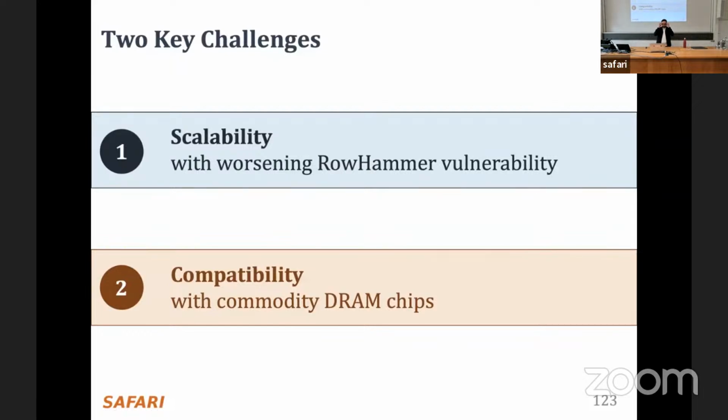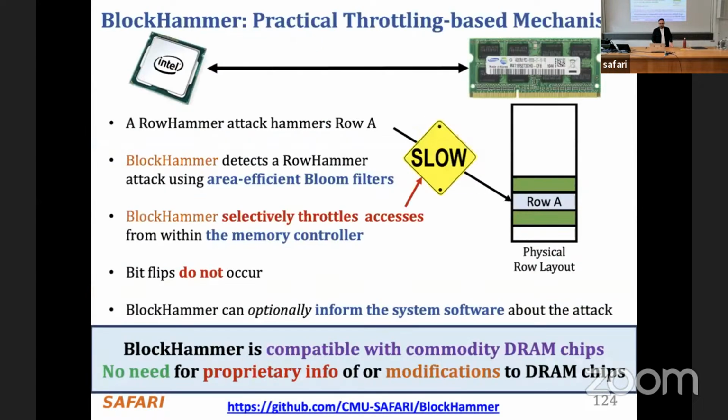Okay, that's good. So we looked at the existing mitigation mechanisms of that time, and we identified two key problems. One of them is scalability with worsening RowHammer vulnerability that we keep talking about. The other one is compatibility with commodity DRAM chips, and I will explain it here. Okay, this is not explaining the problem, but I can verbally explain it. So basically, when you hammer an aggressor row, you need to refresh the rows that are physically adjacent to the